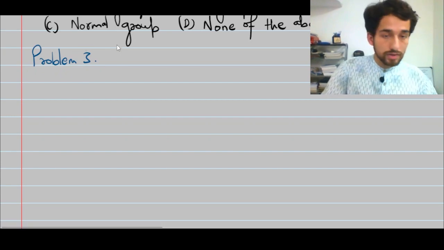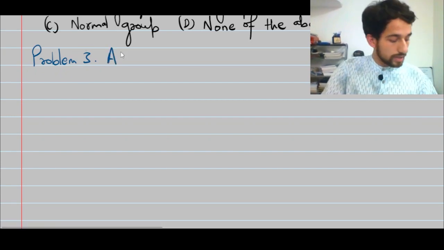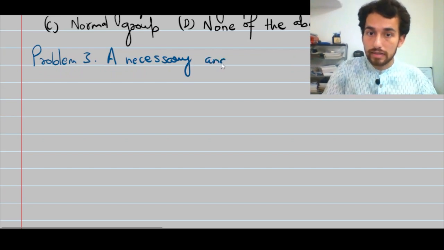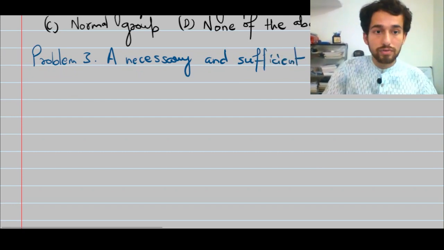You should quote the result for this. A necessary and sufficient condition. That is, I'm asking you 2 conditions. Necessary and sufficient condition for a